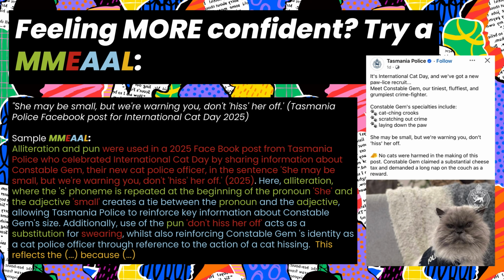For this meal, it was most important for us to initially signpost the 2 pieces of meta-language we were going to be talking about, but then jump straight into the example. So you'll see that we've got alliteration and pun clearly signposted at the beginning, and then we quote that full sentence. Then we go back to our meta-language and re-quote the sections of the example we're going to be discussing before we make our point of analysis. Then we make our second point of analysis, but again, we restate the meta-language and re-quote that smaller section of the example that we're analyzing with the pun. And finish our paragraph off with one big overall link.